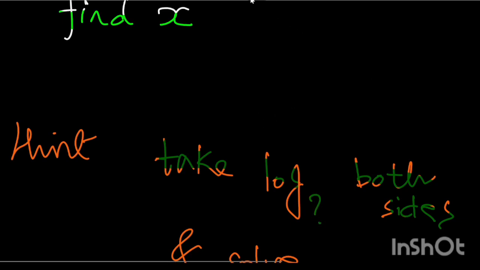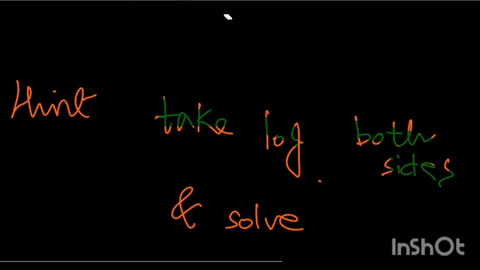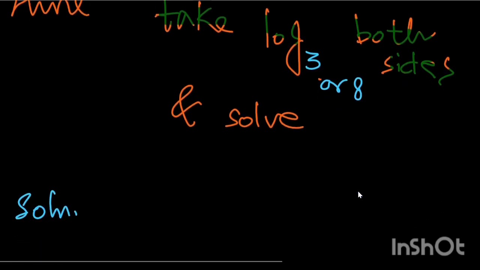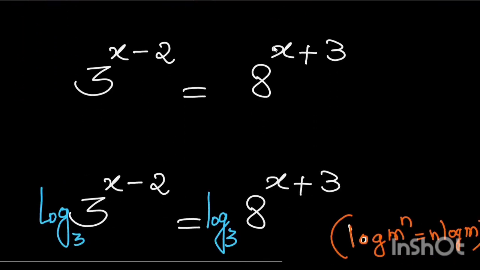Since two possibilities are there, one is 3, one is 8, we can take log base 3 or log base 8, whichever, and solve the equation. So that way we can approach this. So we will take log base, this is the question. So in the next step, we will take